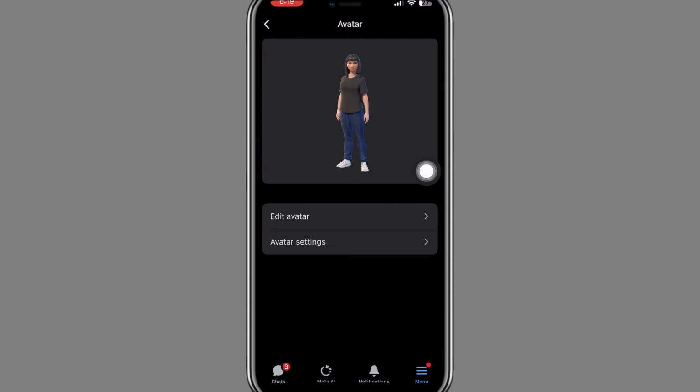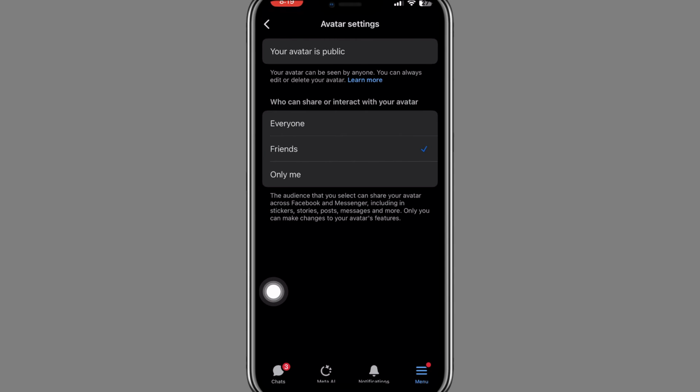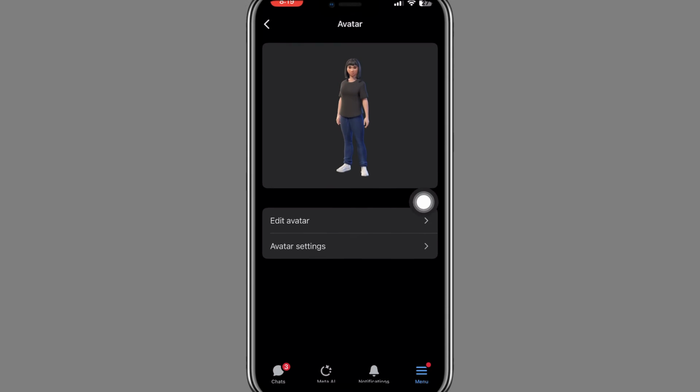Now let's say you don't want it or you don't like it, you can just tap on avatar settings to edit it. Like you can just tap on only me so that only you can see your avatar. Now if you tap on everyone, everyone can view your avatar. So let me just tap on only me so that no one views it right now,